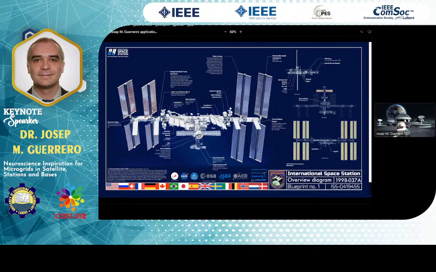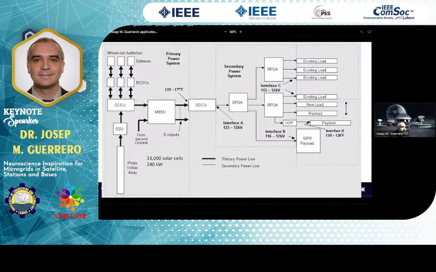And probably we'll have very soon companies also coming with private space stations. You can imagine who they are. So here the International Space Station has like 33,000 solar cells